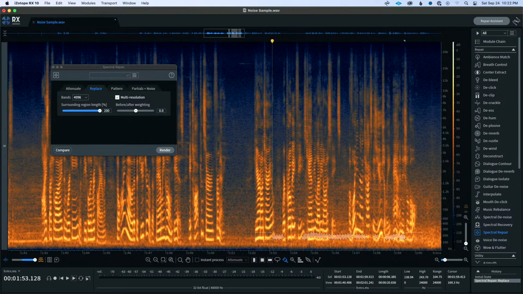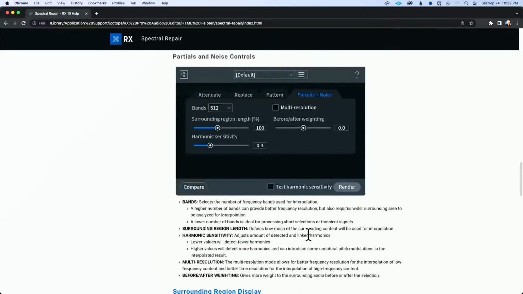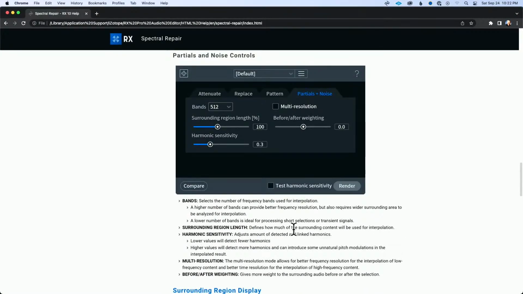you can see right now, I'm going to probably go to partials plus noise. So we're going to see what we get here. Shift, select that. Let's go to our documentation and see what it says. If we go to partials and noise controls,